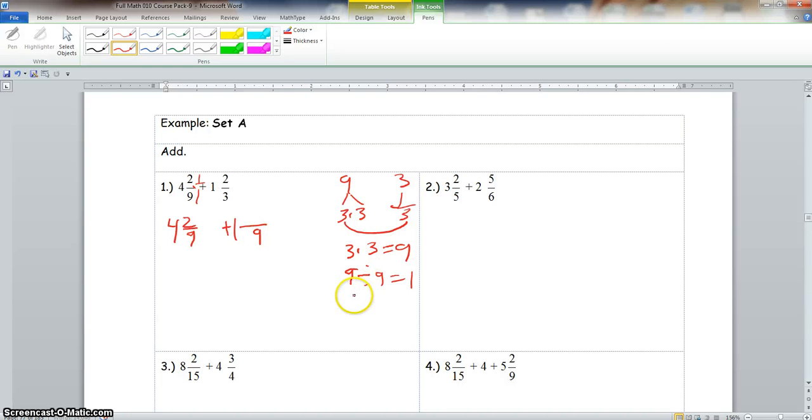Now we take this new denominator. 9 divided by 3, which gave us 3. New denominator divided by the old denominator. So this 3 will multiply this fraction by 3 over 3. 3 times 3 is 9. 2 times 3 is 6. Now we add the mixed numbers. 4 plus 1 is 5. 2 plus 6 is 8. And your denominator is 9. So this is your final answer. 5